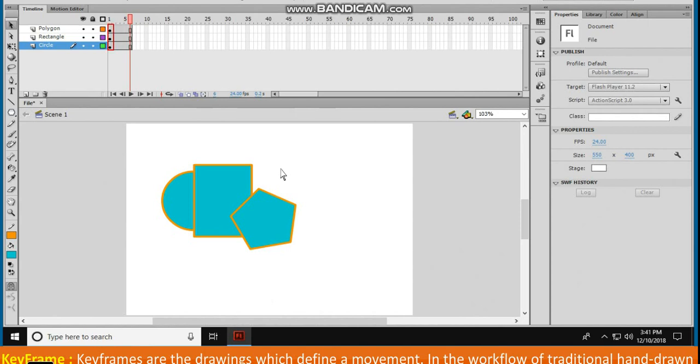In the workflow of traditional hand-drawn animation, the senior or key artist would draw the keyframes. After testing and approval of the rough animation, the scene would be handed over to their assistant. In Flash, the key phrase